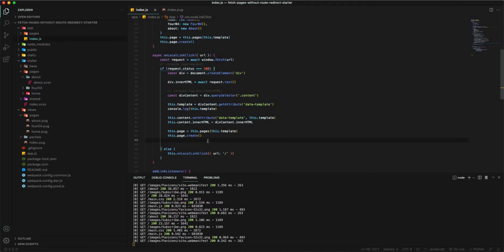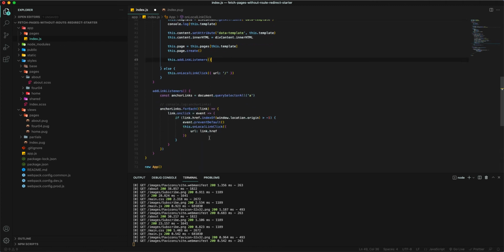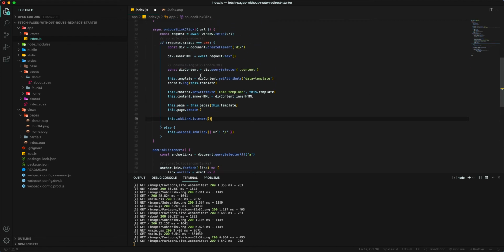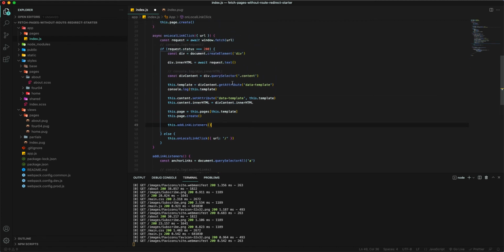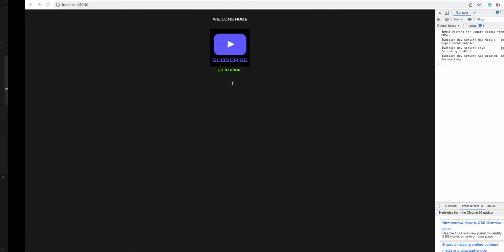And that's basically just because I need to add the link listeners again here to make sure that every time I go to the new page, I initialize this link listener to prevent default behavior, and then go through all this process again. If I save that now